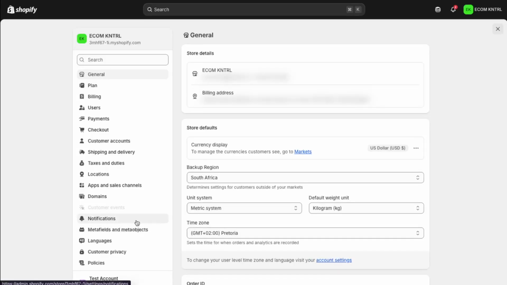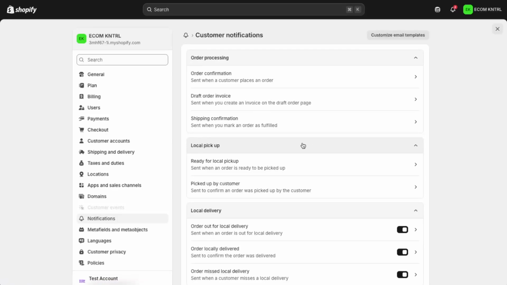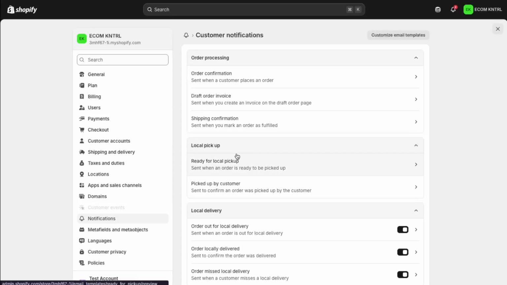This section controls all the automated messages Shopify sends out on your behalf, such as order confirmations, shipping updates, and other customer emails. Inside the notifications page, you'll see different categories. Look for the one labeled Customer Notifications. Go ahead and click on that. These are the messages your customers actually see, so this is where we want to make sure your branding is